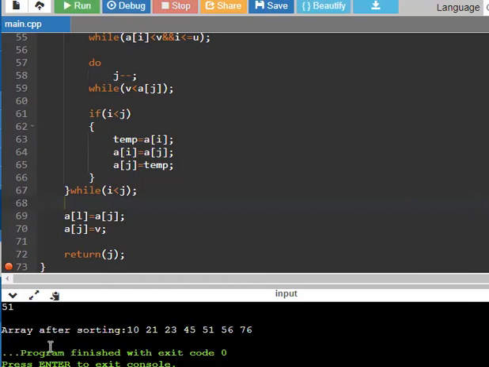So the 7 elements will be sorted by quicksort in ascending order. Thank you.